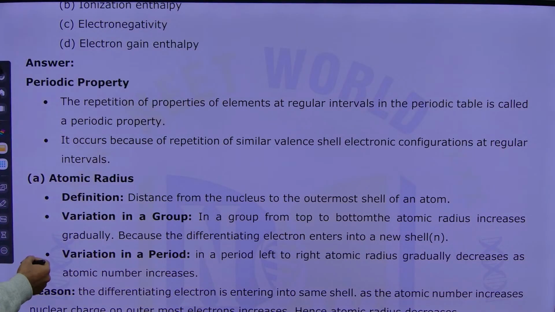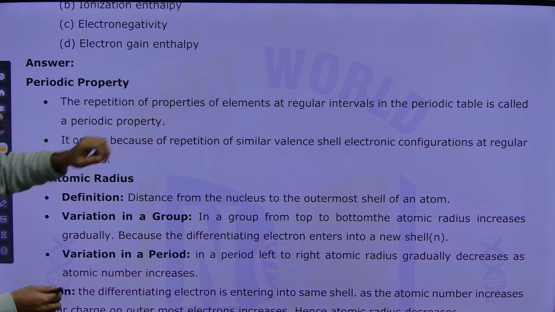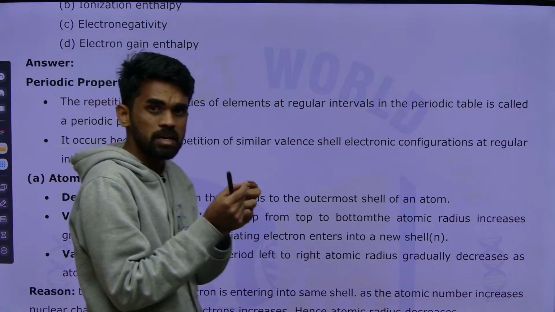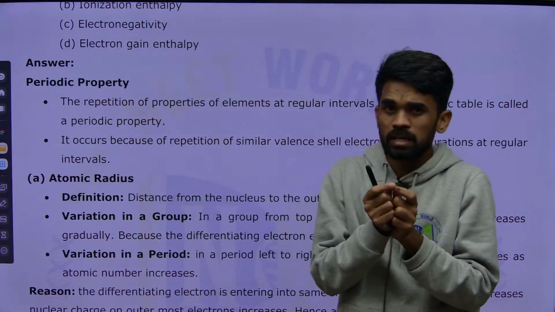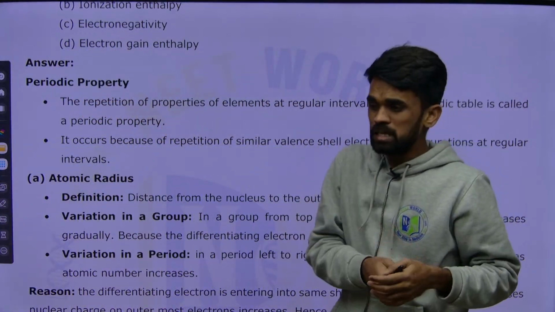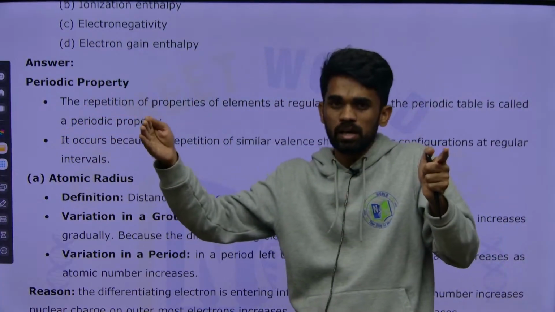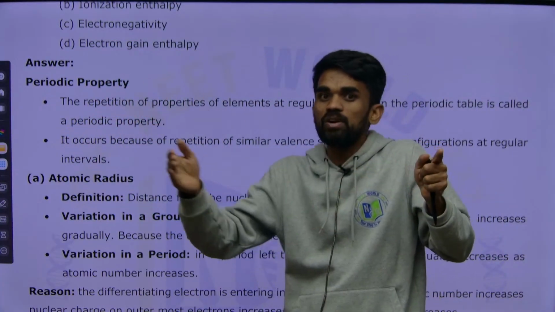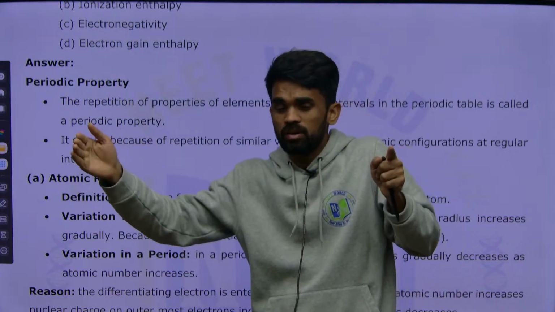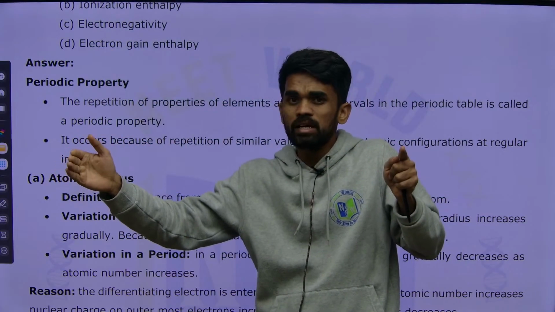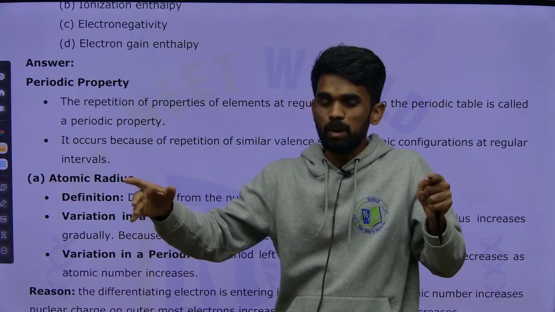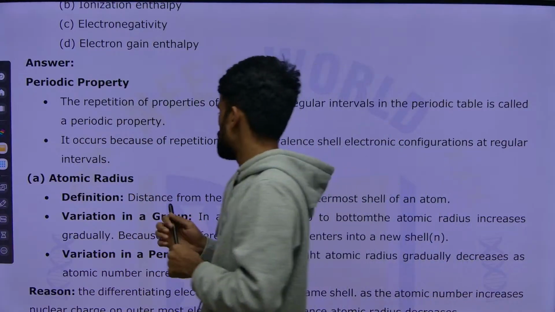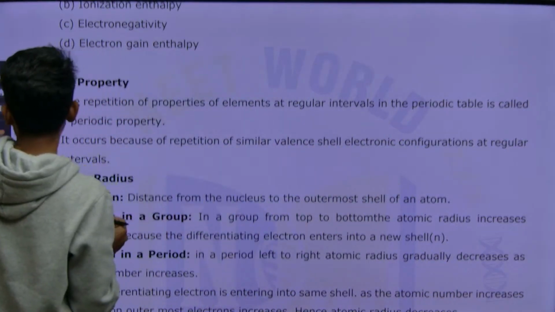So what they are saying, the repetition of properties: there are some properties that will repeat at a regular interval. It means going from 1 to 18, after that 18, again it will repeat. When it comes back to 1 again, that will be repeating again. Periodic properties will repeat. Okay, it means, for example, I am writing